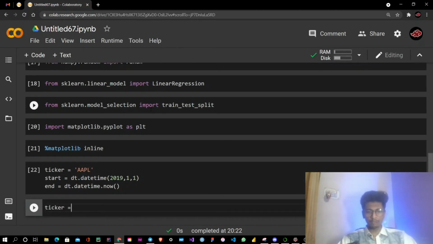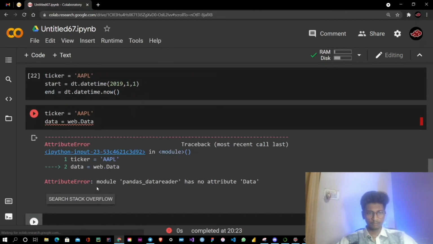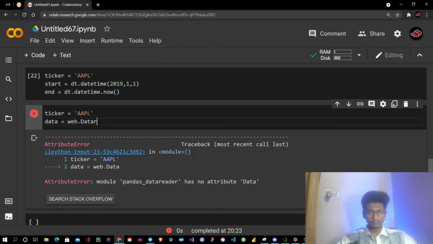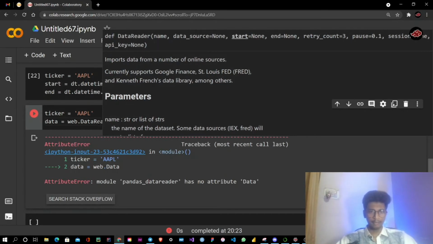So then we are going with the ticker AAPL, as I told you. Then data, we are creating the data frame here. web.DataReader, ticker, comma, we are targeting Yahoo, and start, comma, end.